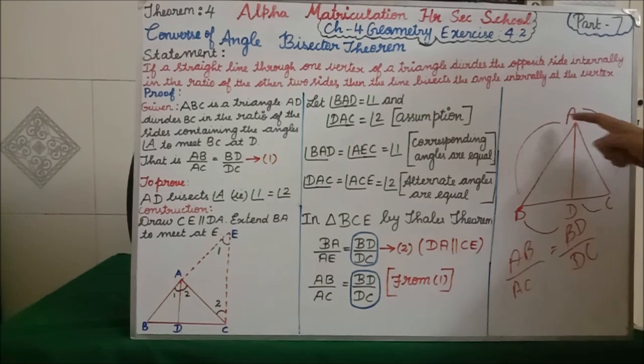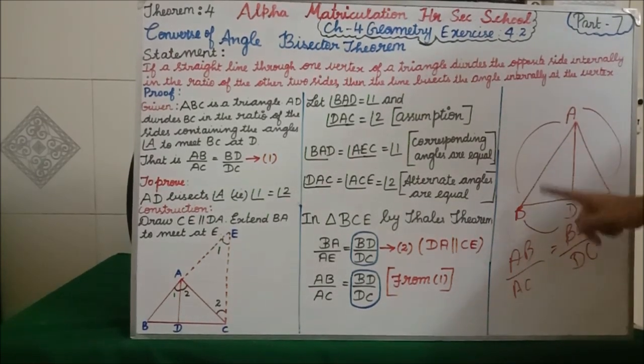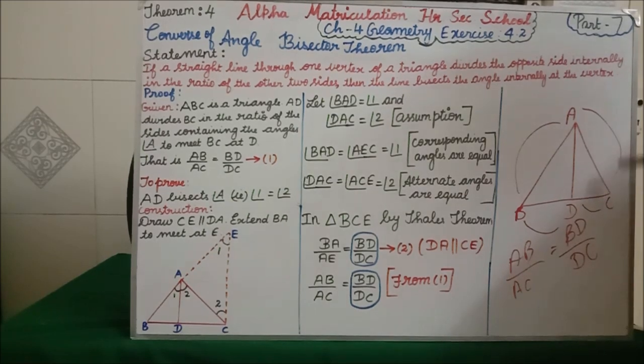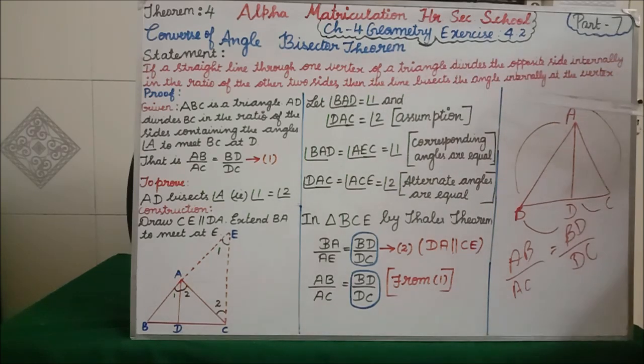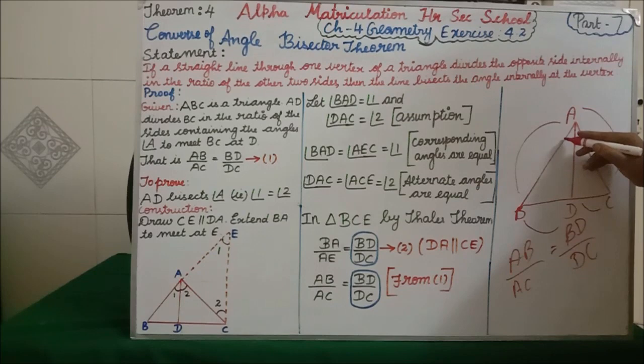AB divided by AC is equal to BD divided by DC, the corresponding side for AB is BD and for AC is DC. Up to this they have given. Now, when it divides, they say the line bisects the angle internally at the vertex,